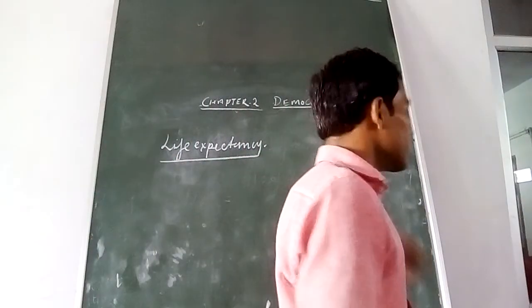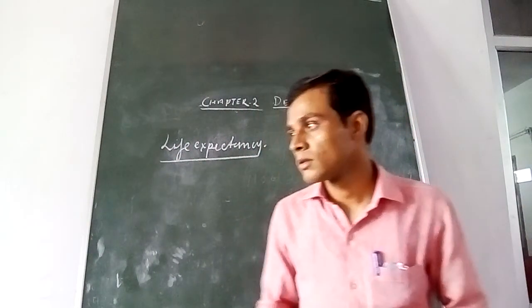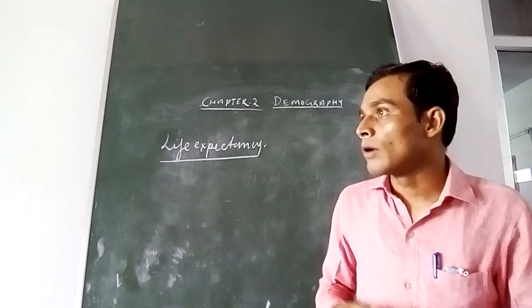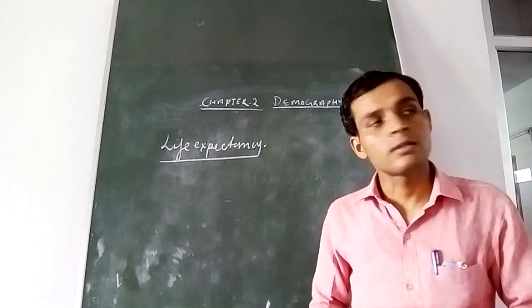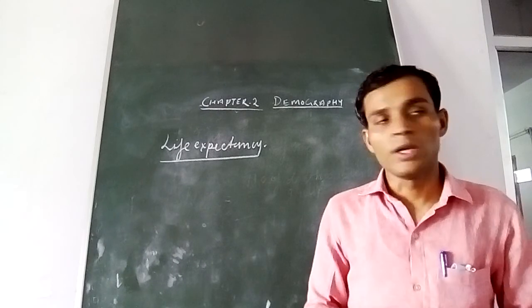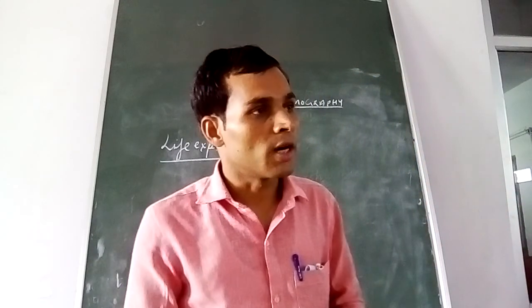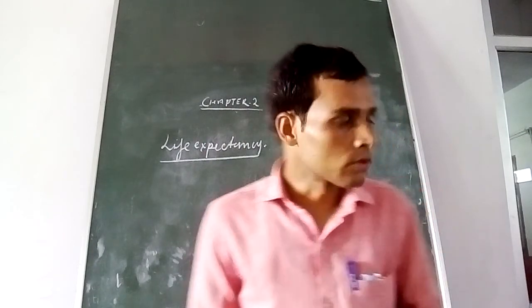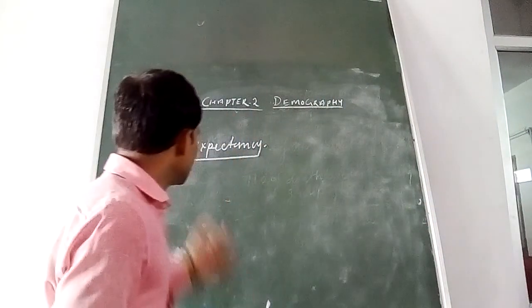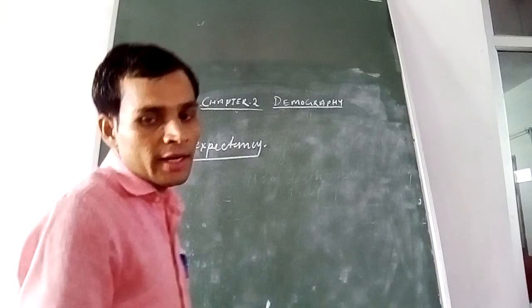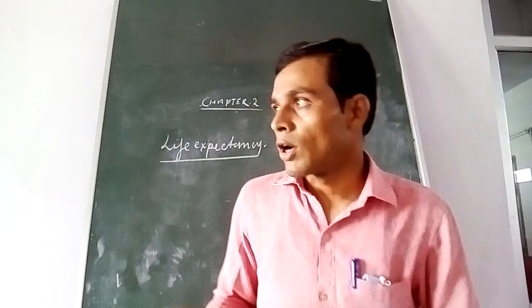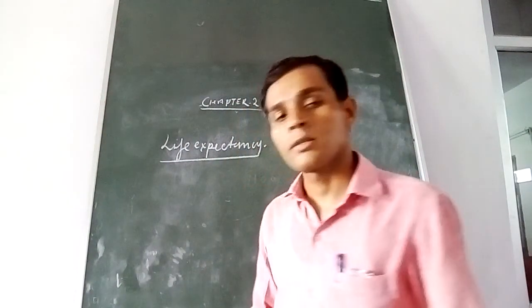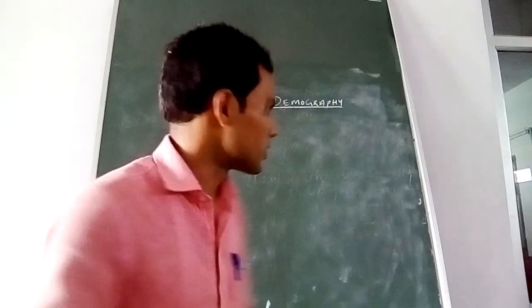Here you also understand that a person is calculating their own age. They may live approximately 68 or 70 years. So this is known as life expectancy. According to this, we are also discussing in front of you the sex ratio.